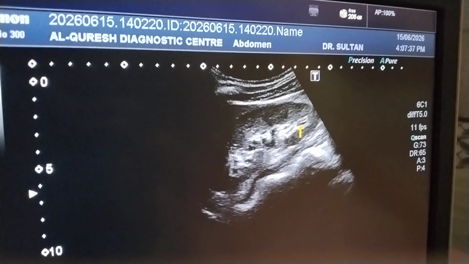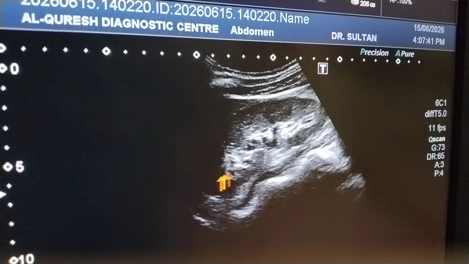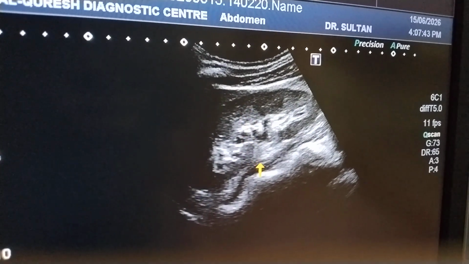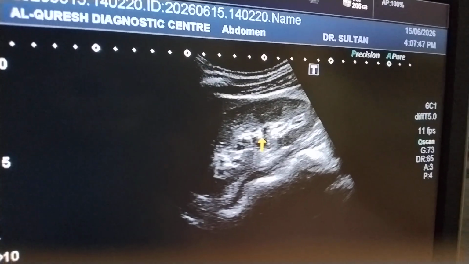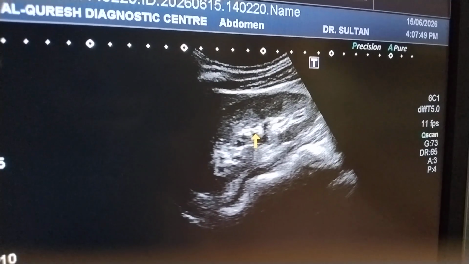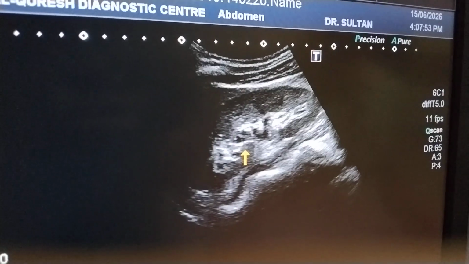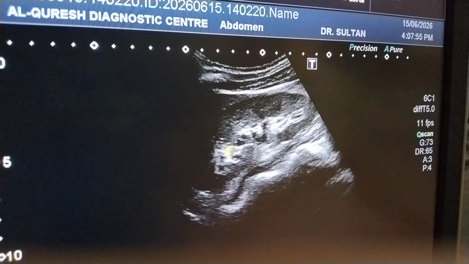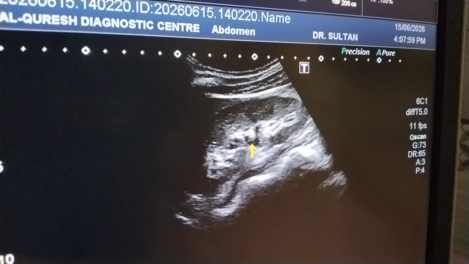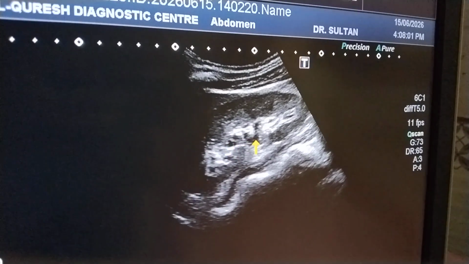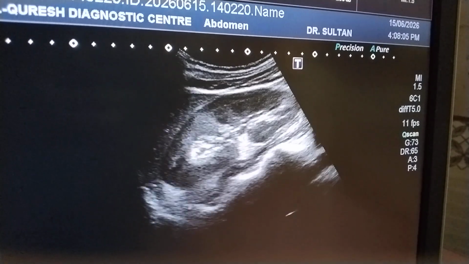So from here, minor calyces from the lower pole, and from the mid pole region minor calyces, then these combine here at the renal sinus, where they form the major calyces, which are 2 to 3 in number in each kidney, and then these major calyces form the renal pelvis. Here, this is where the renal sinus fat is present. This is the area where